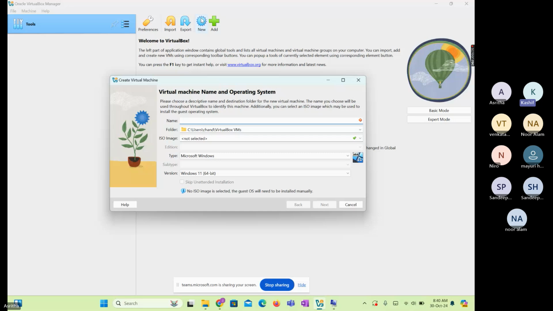You can name anything of your choice, but I would suggest you type in WINVM001, capital letters. WINVM001. So WIN means Windows, VM means virtual machine, 001. Okay. Now folder, it's using C drive, right? We cannot use C drive because you have less free space there, right? So let's choose Other